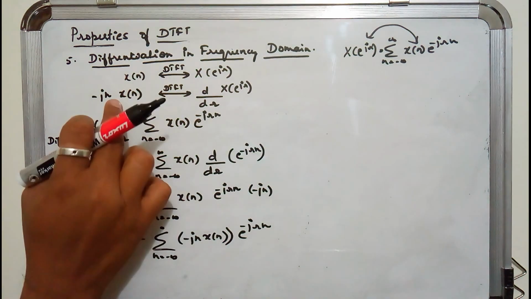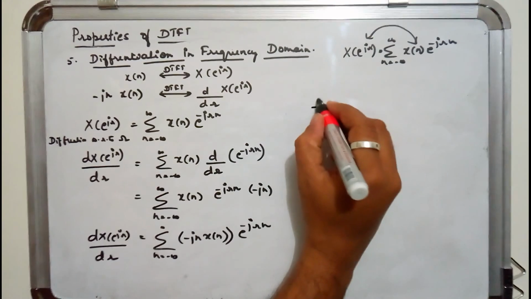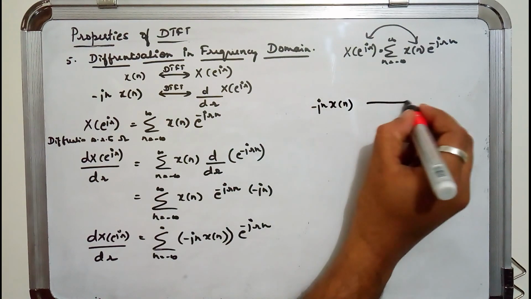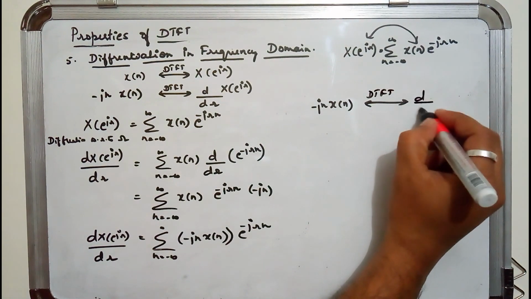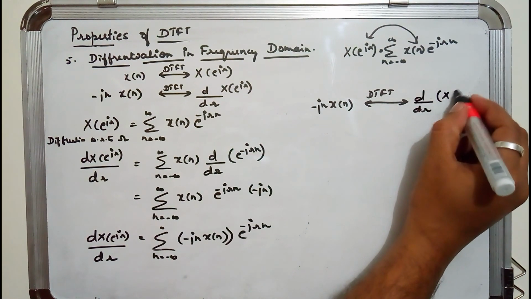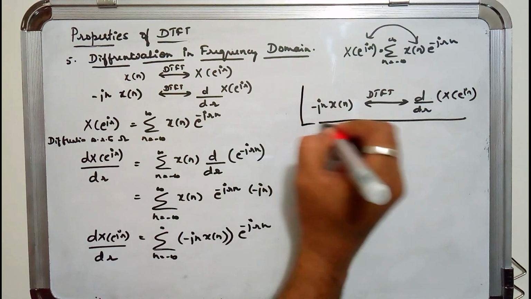So that is what is written here. So hence minus j n x of n forms a DTFT pair with d by d omega of x of e power j omega,